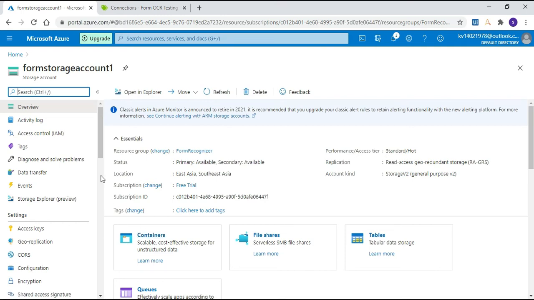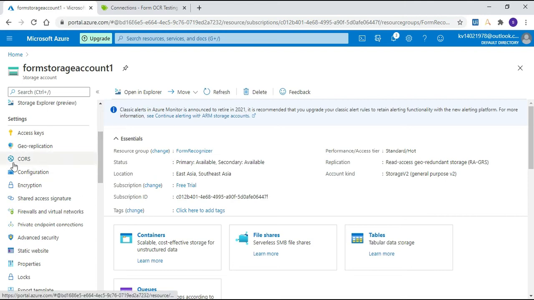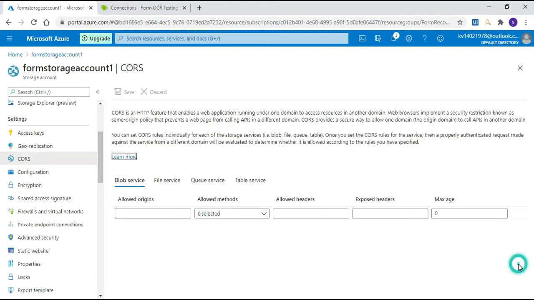Now on the left panel, you can see in settings, there is one option called CORS. CORS means cross origin resource sharing. So here you need to fill some details so that you can access the resources from one domain to another.